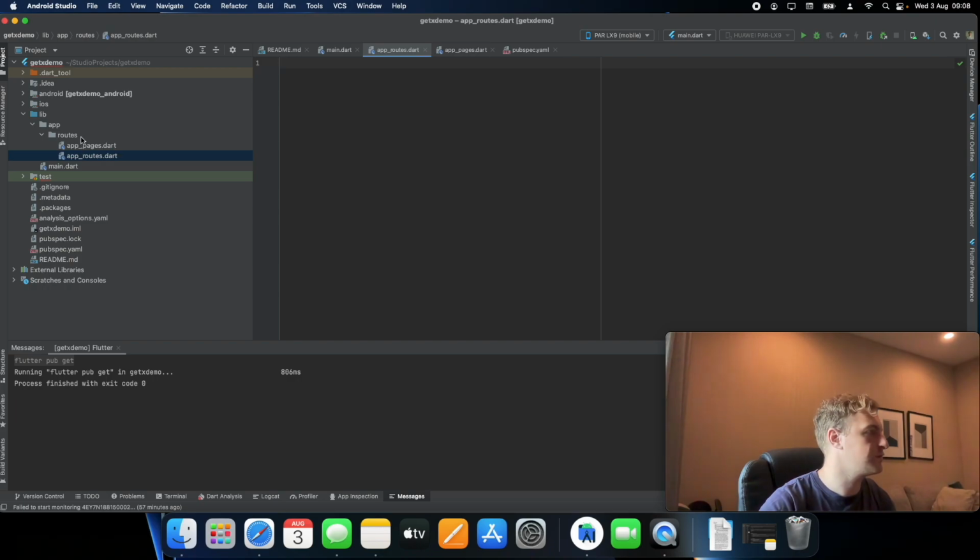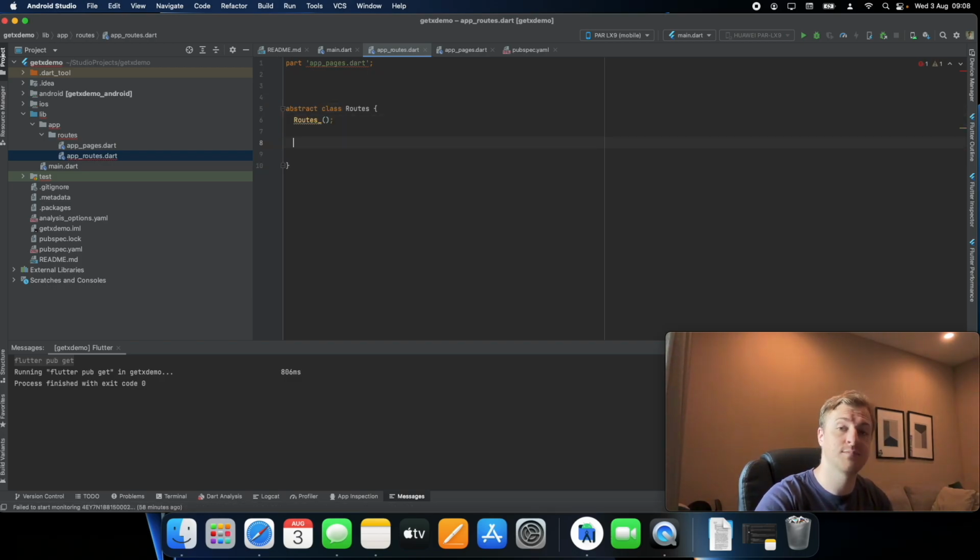These two files work together, and that's why I'm going to write "part of app_pages.dart". Then you want to create an abstract class Routes,